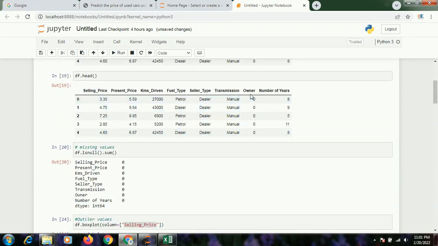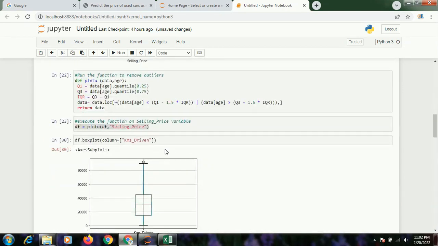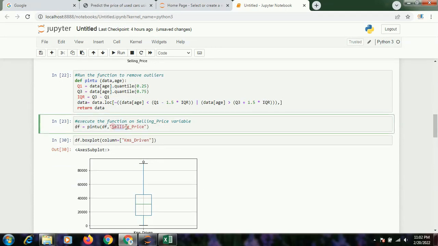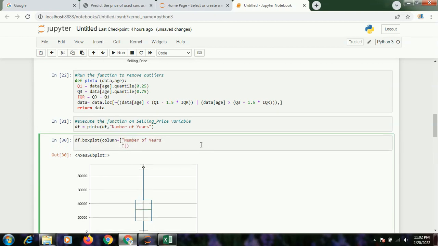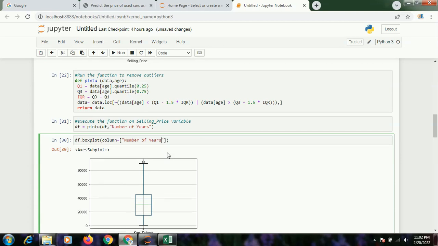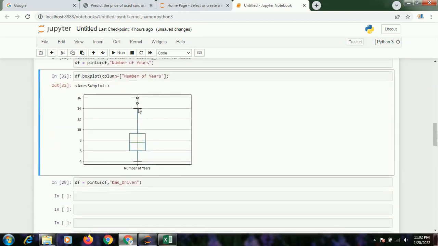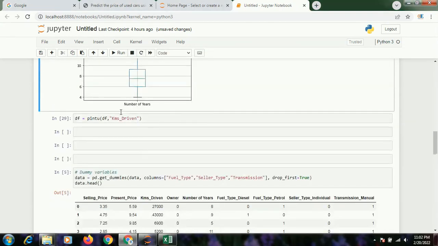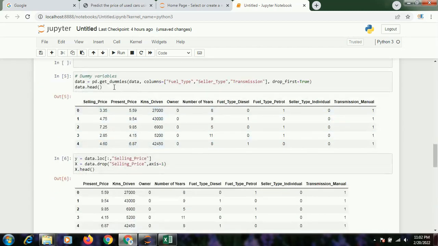Okay, so owners and number of years, I can check for number of years. Let's check for number of years. Do you have any outlier or not? Oops, sorry, my mistake. I directly have checked it. I should have put it over here, number of years. So I mean, we can ignore it. Okay, so it's fine. So what we have done is we have removed the outliers,